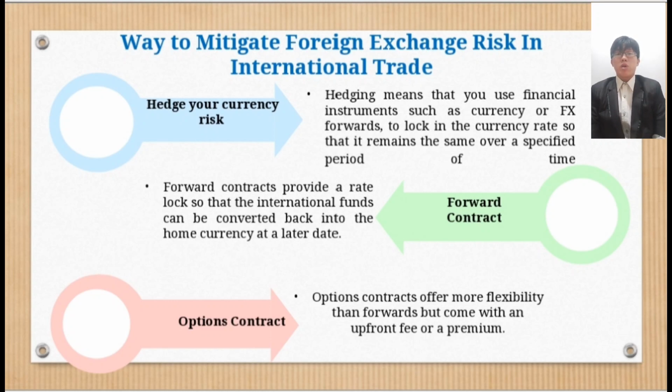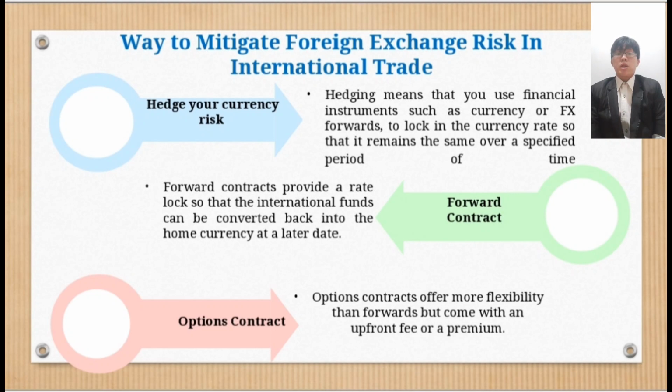Hedging currency risk can be used with exchange traded funds. There are many exchange traded funds that focus on providing long and short exposure to many currencies. The second way to mitigate the foreign exchange risk is using a forward contract. A forward contract is an agreement between two parties to buy or sell a foreign currency at a present exchange rate and predetermined future date.